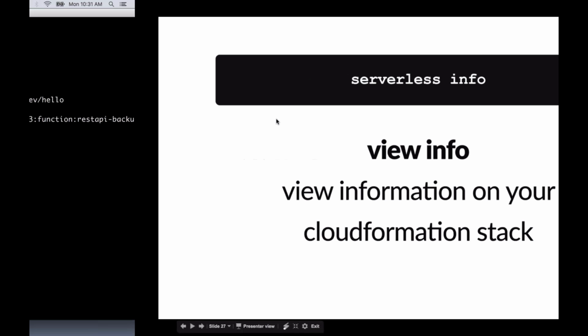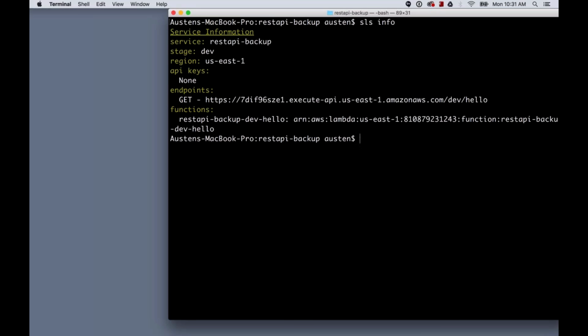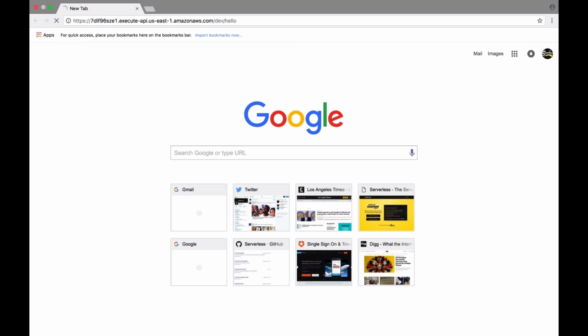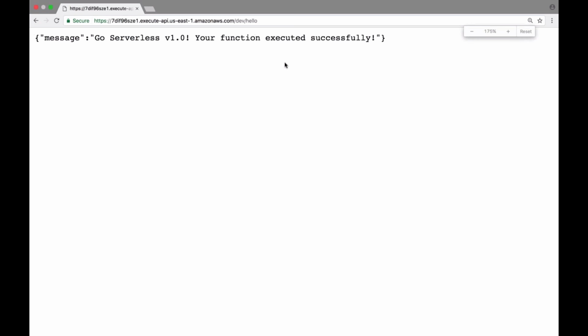And next up, we're running a command called serverless info. So we just want to see the information of our serverless service here. And by running this command, we could see the functions in our service here, and we just had that hello function. The framework automatically adds in the service name, and again, this service name is the REST API backup, as well as the stage name, as well as the function name right here. So we have one function and then an endpoint, of course. And just to prove that all this stuff actually works, I'm going to try out the API endpoint right now. And there you go. That's it.